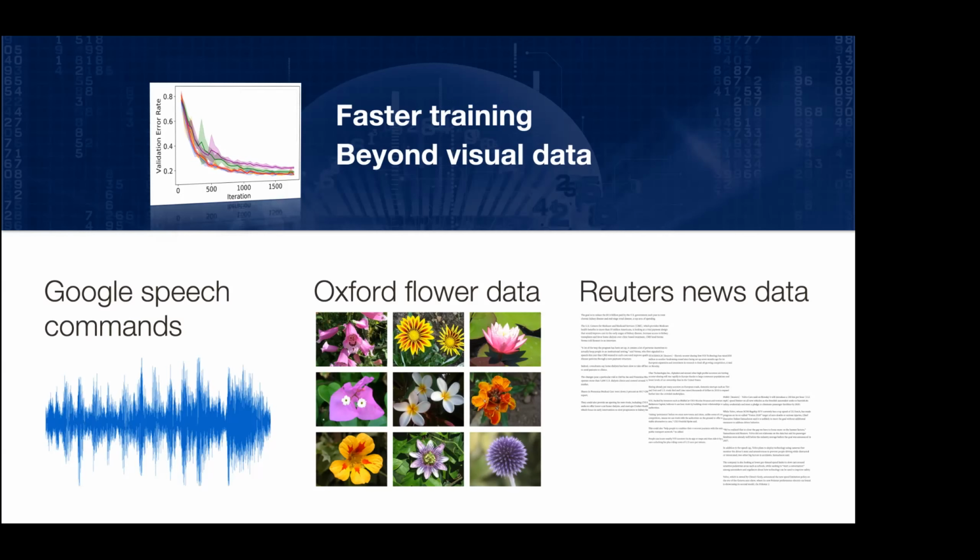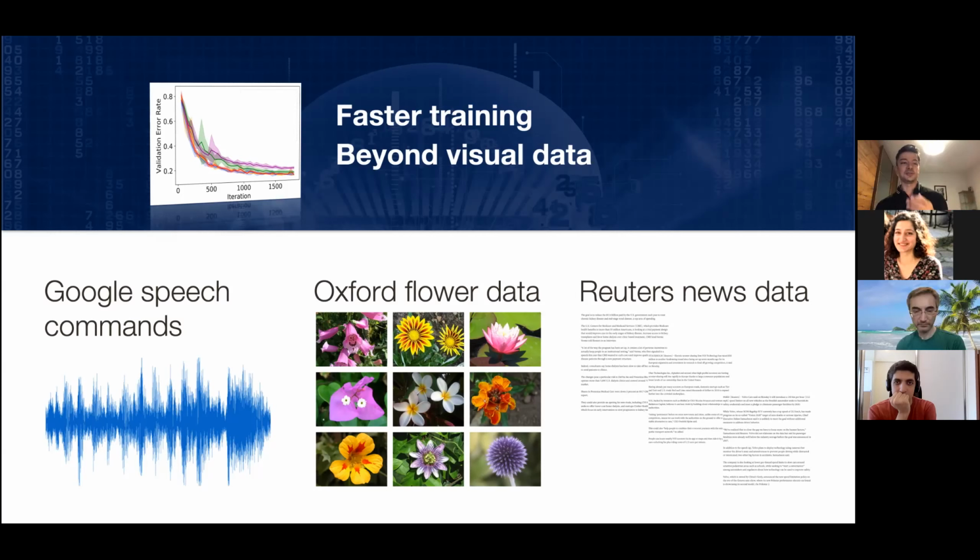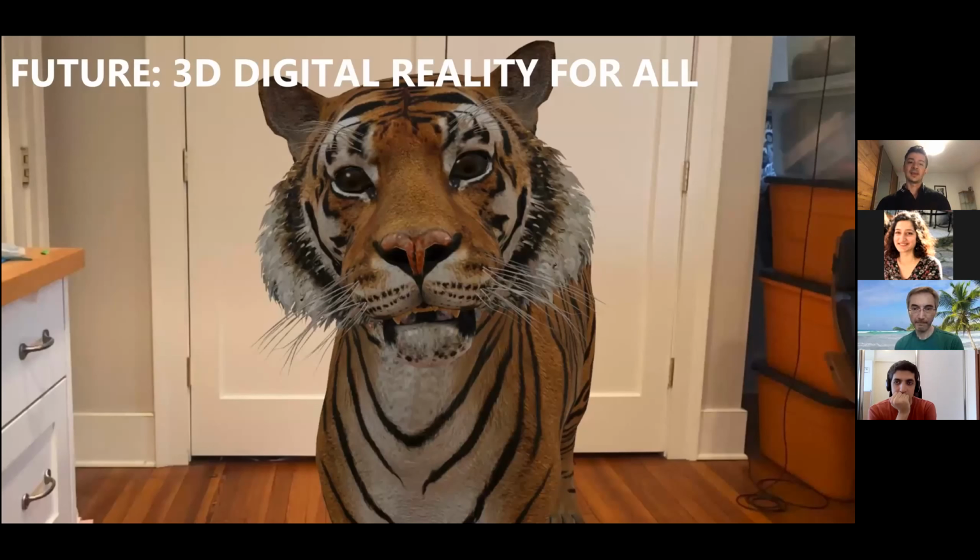So yeah, this is all I wanted to talk about from the machine learning side. And I think now everything is coming nicely together. I'm quite optimistic for the future of 3D digital reality. Hopefully, in 10 years or so, we could already have systems that will be able to capture quite accurate and faithful representations of reality, and we will be able to also augment them with new objects, and hopefully then this new form of 3D digital reality will be available for all of us.